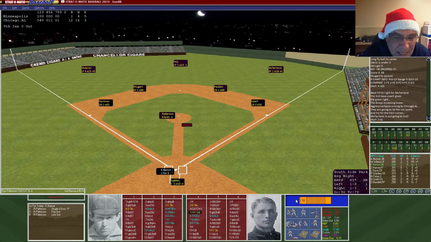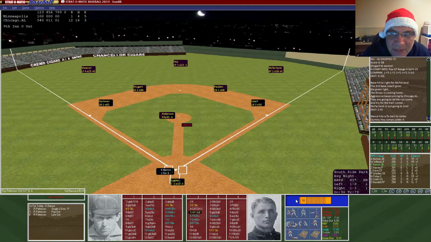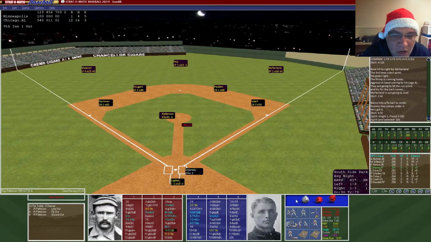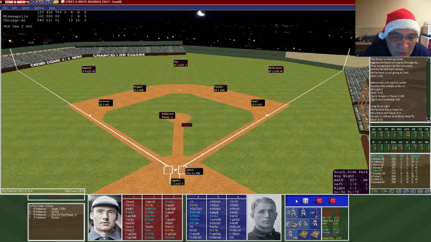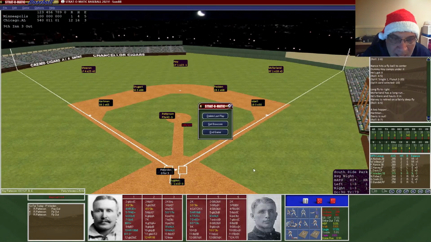Nance is up. He needs a 1 for a home run. He does not get it. That's going to be a fly out to Dummy Hoy. Next up is going to be Harvey, who's now pitching. He is 0 for 3, has not gotten a hit in the series, and that streak is going to continue as he's now 0 for 8, 2 away. Davis, possibly the last batter, and he will be, as he's going to hit a ground ball to Hartman, and that's going to end the game. A huge win by Chicago, 12-1, showing why they are number 1 and why the Millers are number 8.